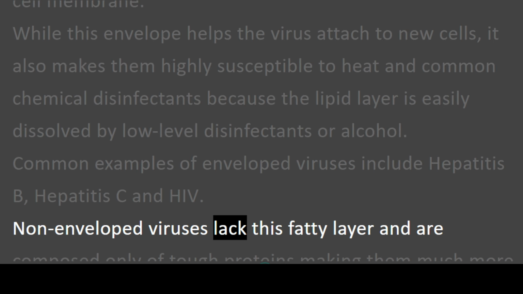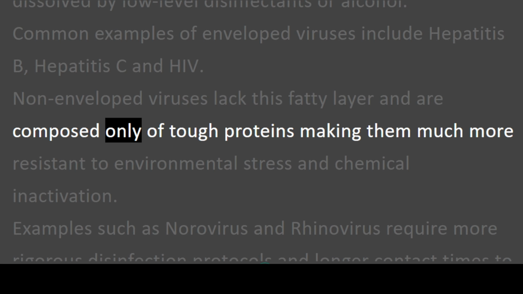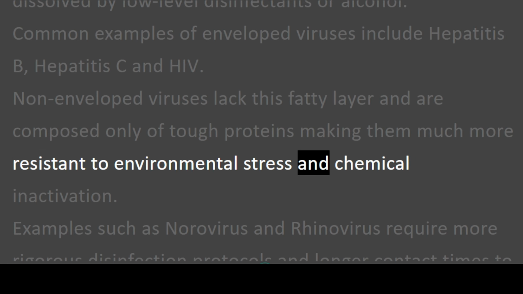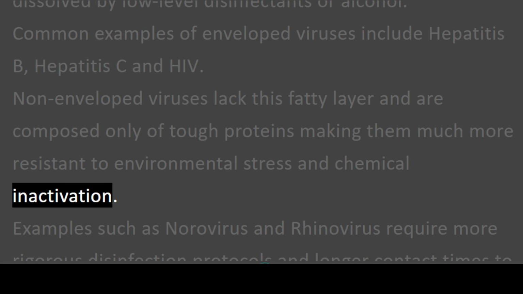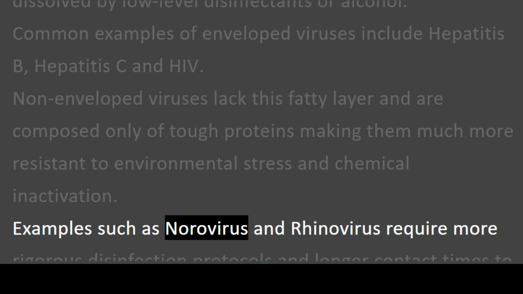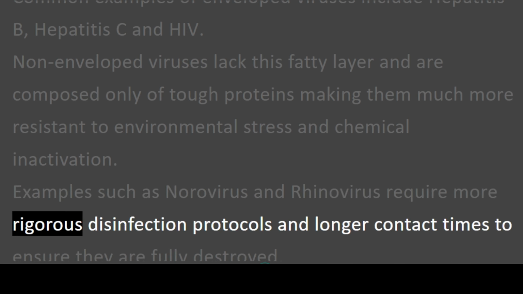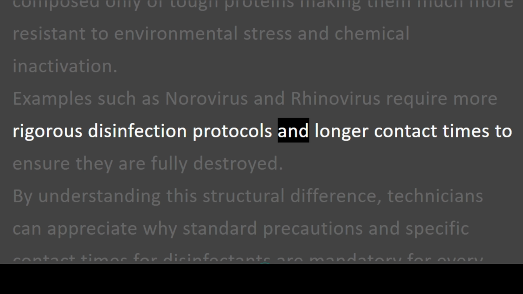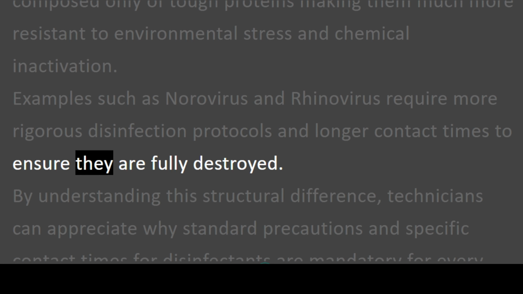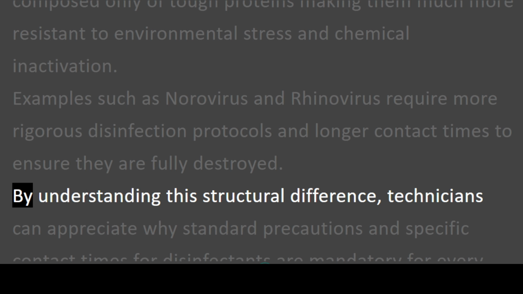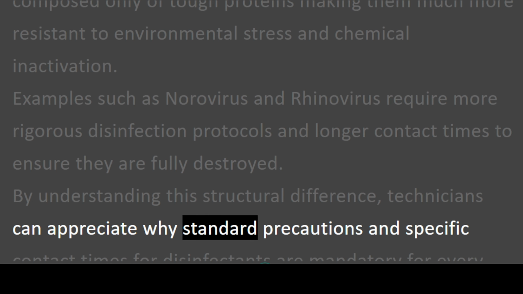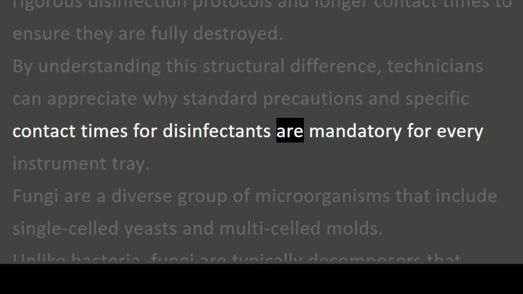Non-enveloped viruses lack this fatty layer and are composed only of tough proteins, making them much more resistant to environmental stress and chemical inactivation. Examples such as norovirus and rhinovirus require more rigorous disinfection protocols and longer contact times to ensure they are fully destroyed. By understanding this structural difference, technicians can appreciate why standard precautions and specific contact times for disinfectants are mandatory for